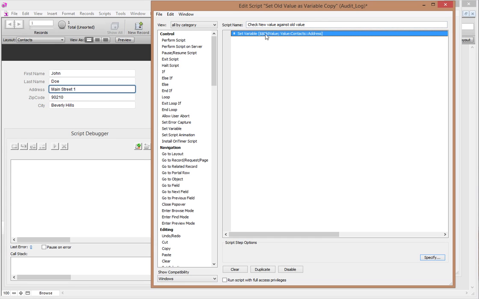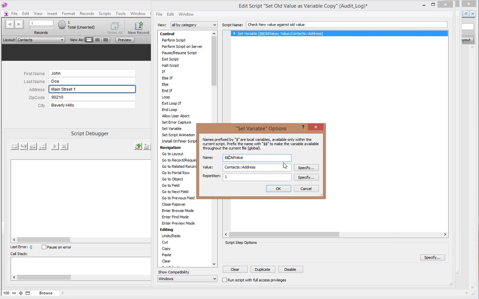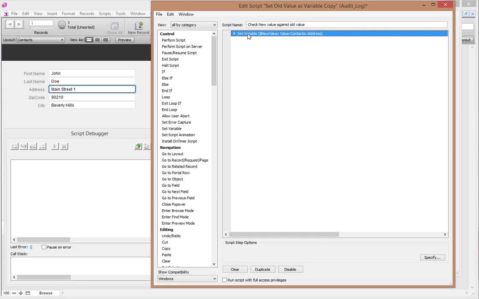Okay, we're going to set a variable. We're going to call this one new value, and this new value doesn't really have to be a global variable, so let's not do that, because we're going to create this variable in this script, check it against the old value, that's a global variable, and then we're going to see if we need to create a new record or not, and if we do, then we will create that record immediately in this script. So we have no need to have this variable after this script has been done. So it's the same value, and then now we need to do a check,